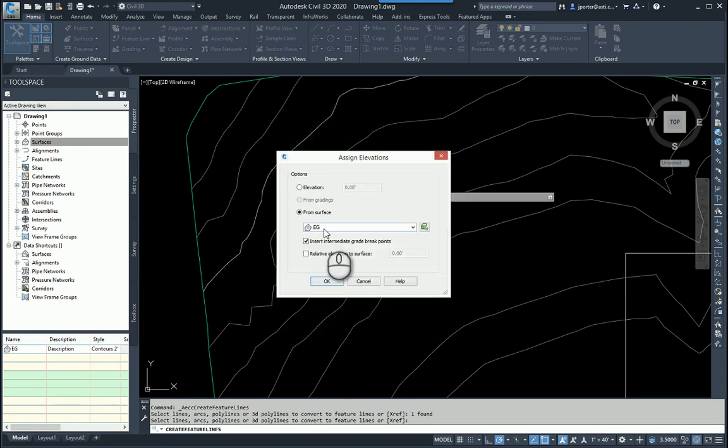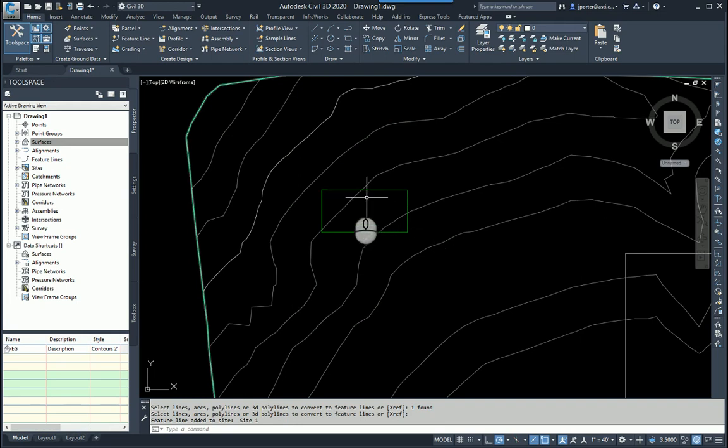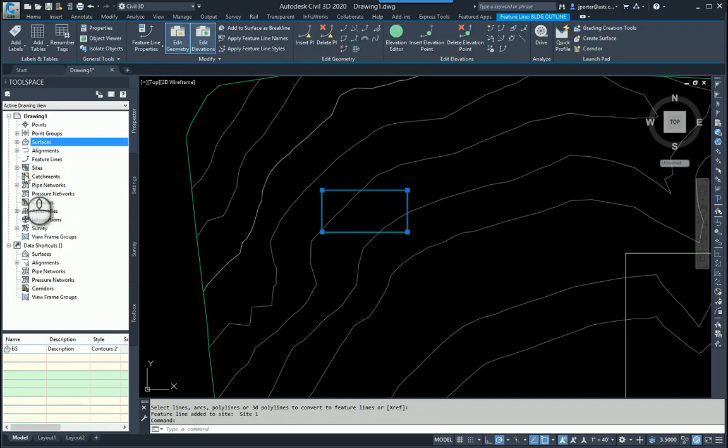I'm going to get my elevations from the existing ground surface right now. And I'm not going to insert intermediate grade breakpoints. If I did that, everywhere my triangles cross my surface, I will get extra points that I need to manage. In reverse, I'll do that in the next one. Okay, I'm going to click OK, and I've got myself a feature line, and it happens to be in the